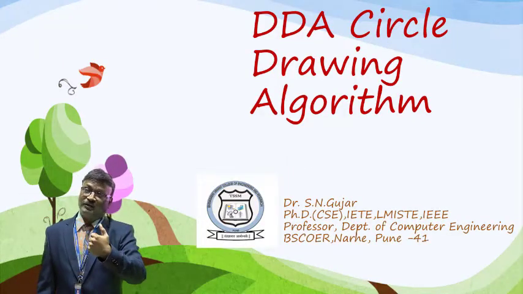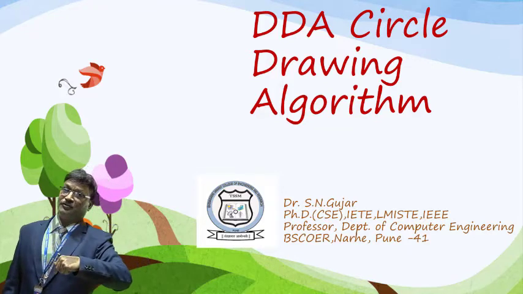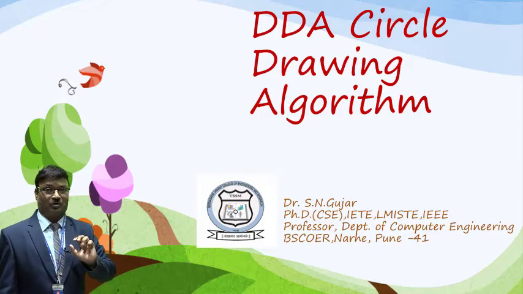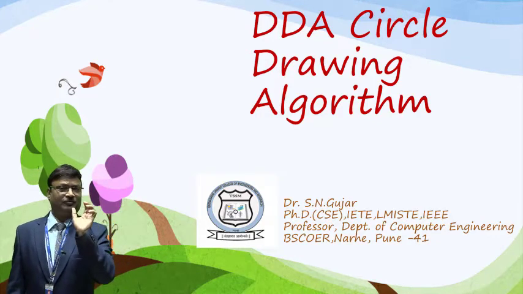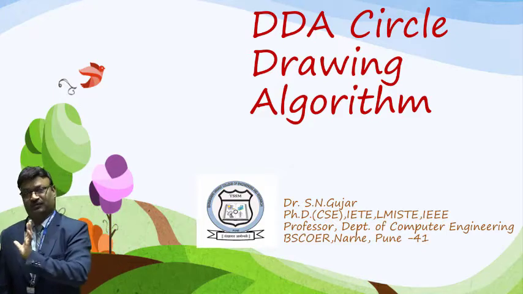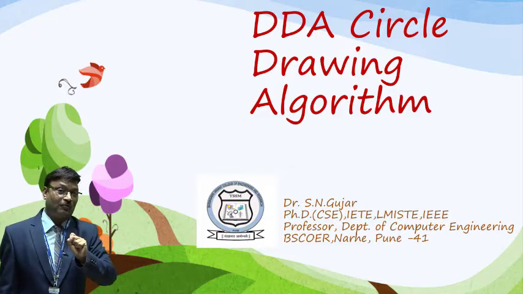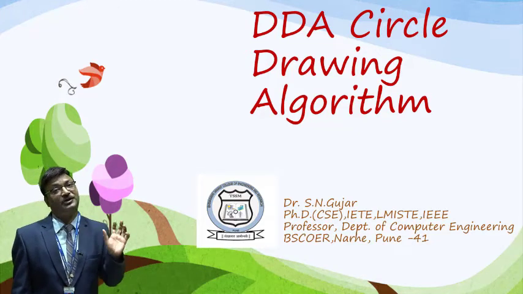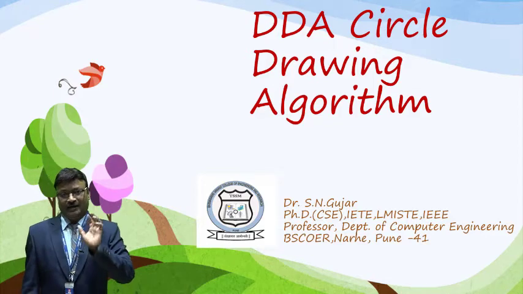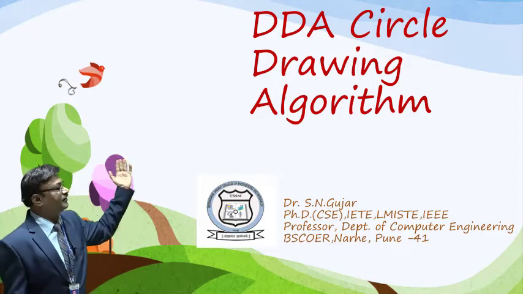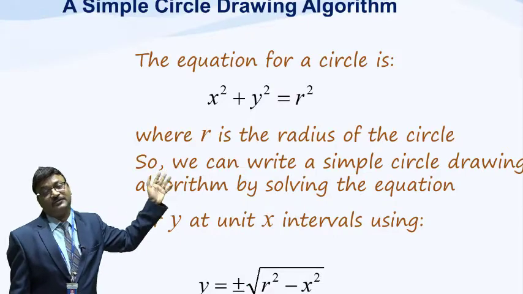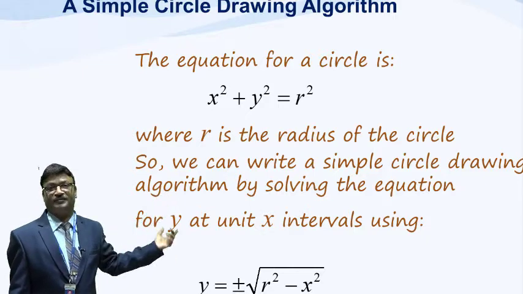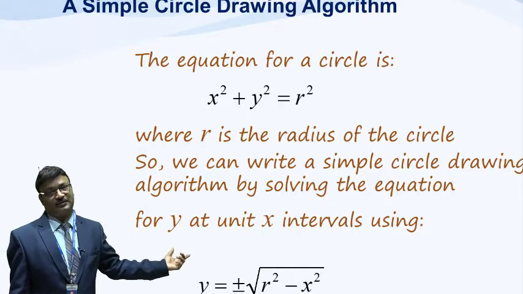Now, let's see how to use this DDA algorithm for a circle. Now the circle you have to draw. So what is the equation of the circle? That is x square plus y square is equal to r square. This is the simple one you have to consider. Now again you have to prove this using the DDA algorithm. So what is DDA? Digital Differential Analyzer. I have considered the equation x square plus y square equals r square. If I put y on one side, it becomes y equals plus or minus the square root of r square minus x square.